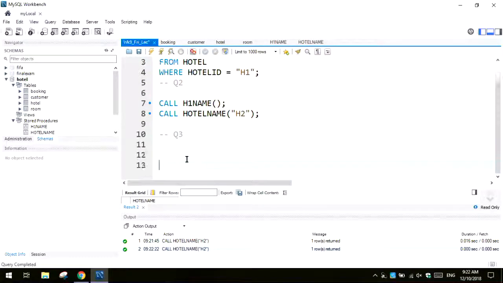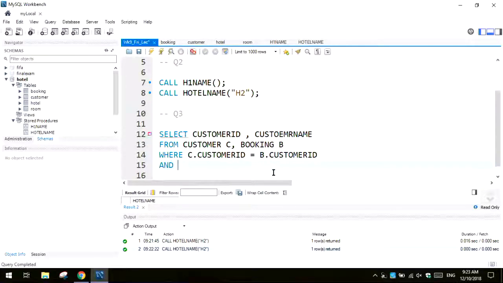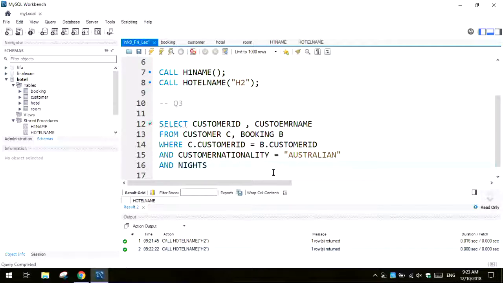Regarding question number 3, first I'm going to check my query. So I'm going to select customer ID and customer name from customer and booking, where, let me give it a letter C and booking B, where C dot customer ID equals B dot customer ID, and customer nationality equals Australian, and nights greater than 2. To run or test this statement,